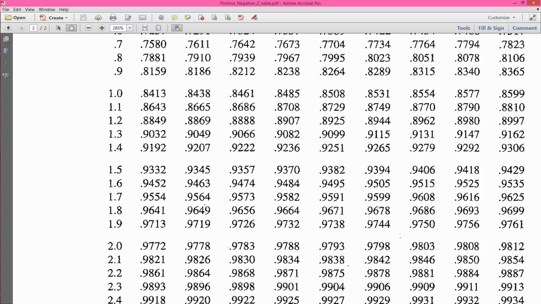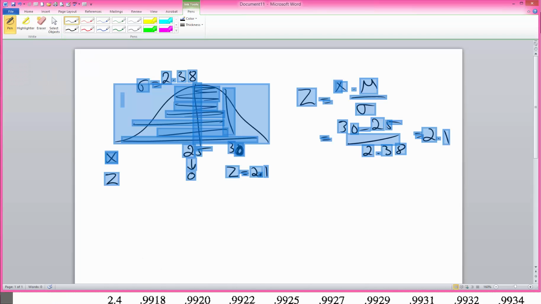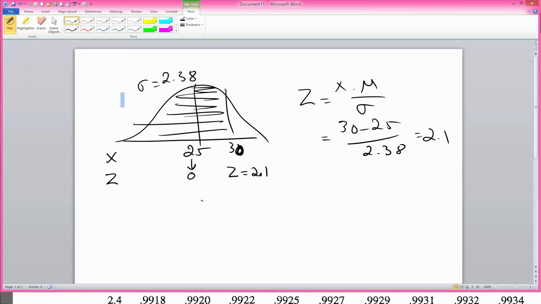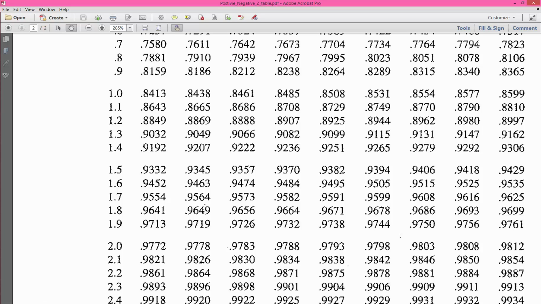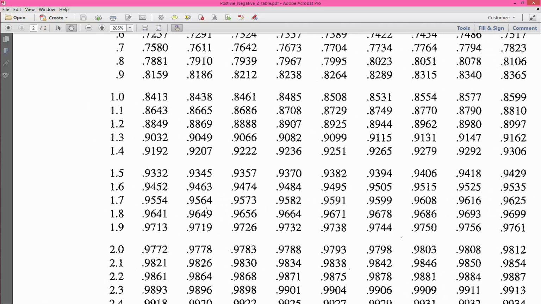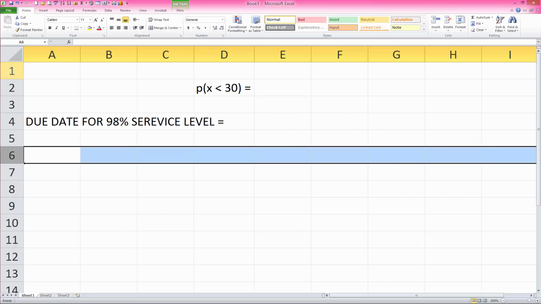So I can go to my table, and I know that this probability right here is 0.9821, which is the area to the left of where 0 is 2.1, right here. Okay, another way that we can solve this problem is by using Excel and the normal